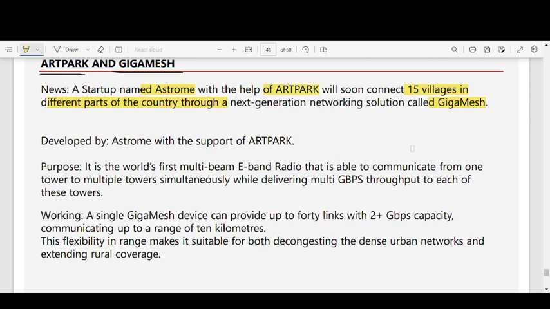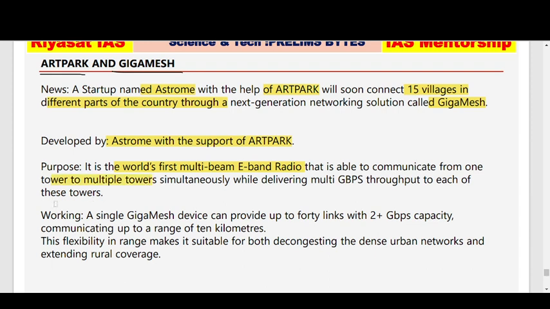Very important. Clear? And it is developed by Astrom and Artpark. Here only it is written. Basically, it is the world's first multi-beam E-band radio that will be able to communicate from one tower to multiple towers. So this is eventually helping us to spread the information, the services at a much wider range and in very less time. Clear? Basically, it can provide 40 links with 2 plus Gbps capacity, okay,